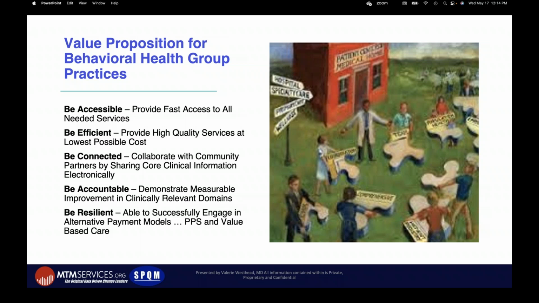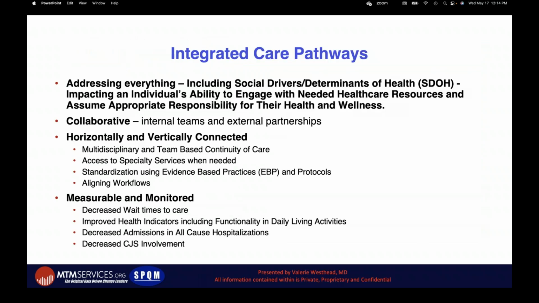The way to achieve this is truly through integrated care pathways. And again, this is kind of what medical people tend to do. We look at all the pieces and we try and figure out how to put it together. But creating integrated care pathways means taking all that information and making it standardized and codifying it. It means developing those collaborative relationships and looking at the picture in front of us, not only just vertically in